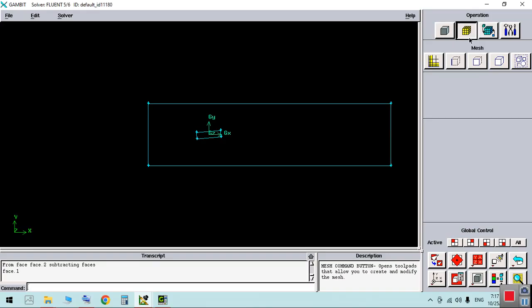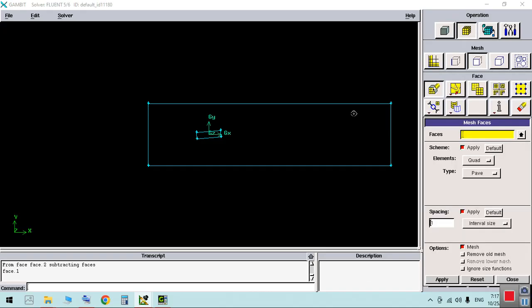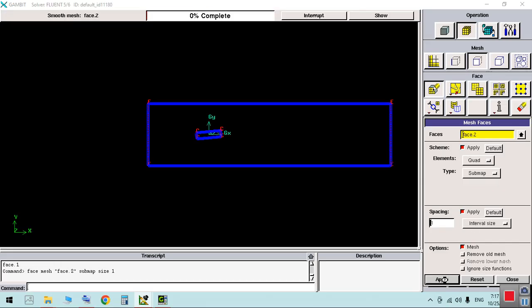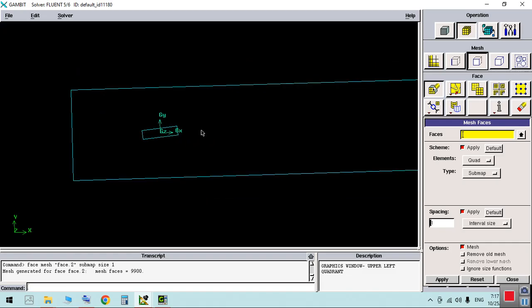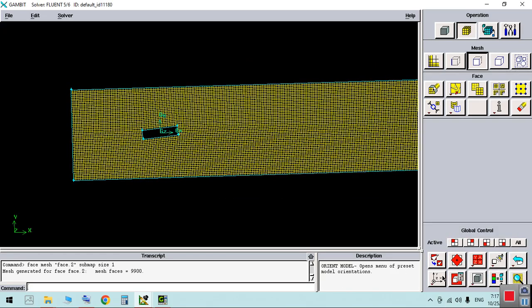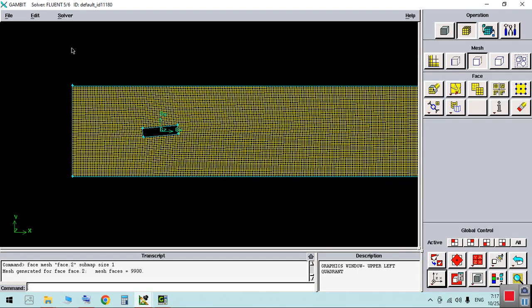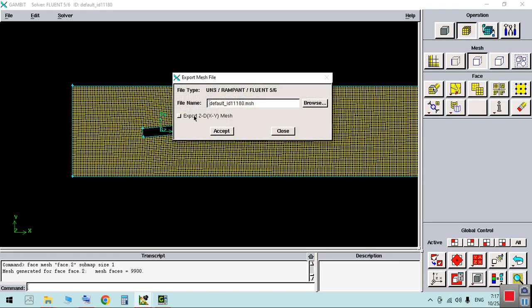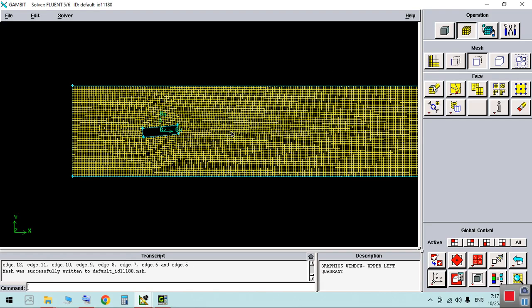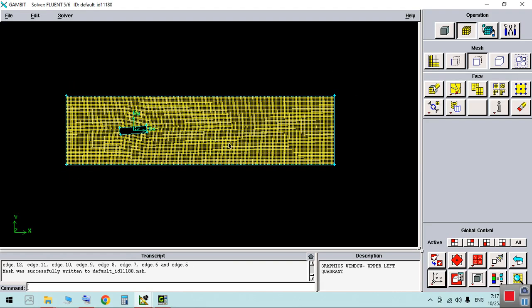Okay. And in mesh generation, choose hold the domain. And with all these defaults, you can change them if you like. Apply it. And as you can see, we have a grid. And now I'm going to export this grid to the grid with any name. Accept this. And after that,